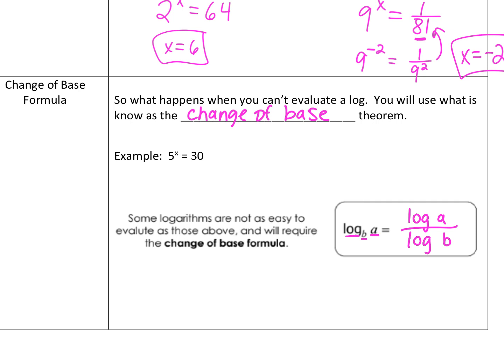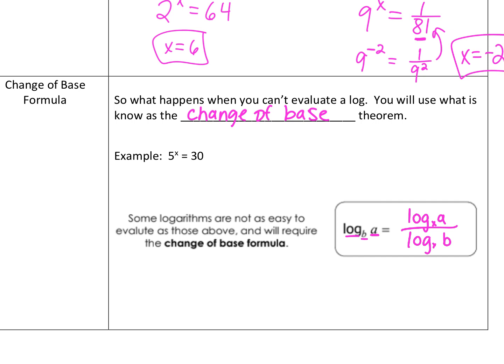The reason I can is that it doesn't matter what these bases are. If I split these apart, I can divide them and get the right answer. Since we're using a calculator, we're just going to automatically assume that the base is going to be 10. That's what we're always going to use because our calculator does bases of 10. It doesn't do anything else. Okay, so we'll show you how to use this